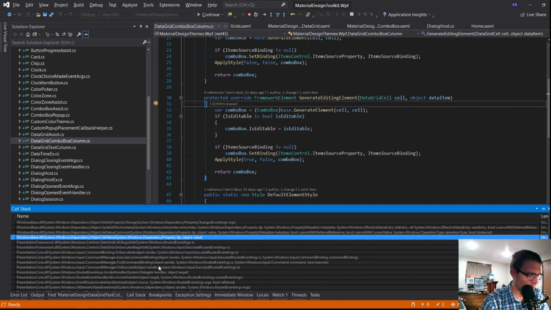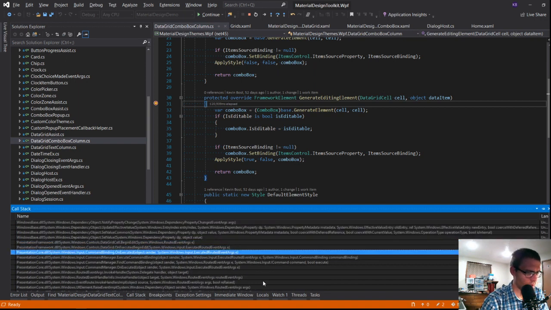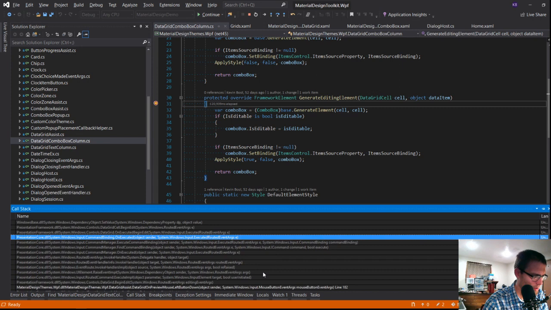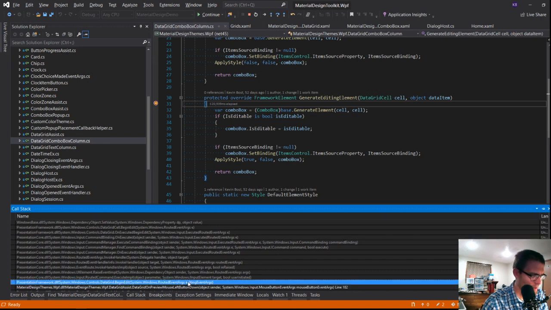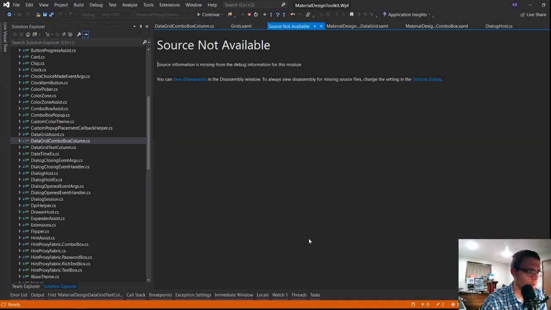Dependency property, begin edit, command binding. So these are command bindings, but I'm looking for Datagrid begin edit. So ultimately this is where... will you let me into this if I load symbols?